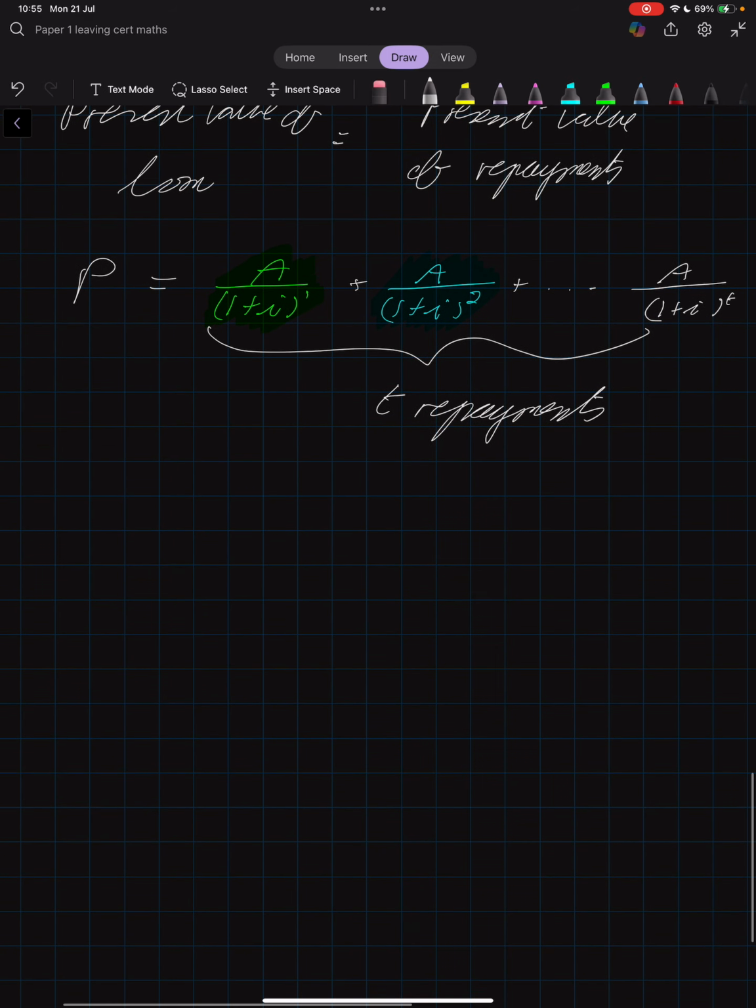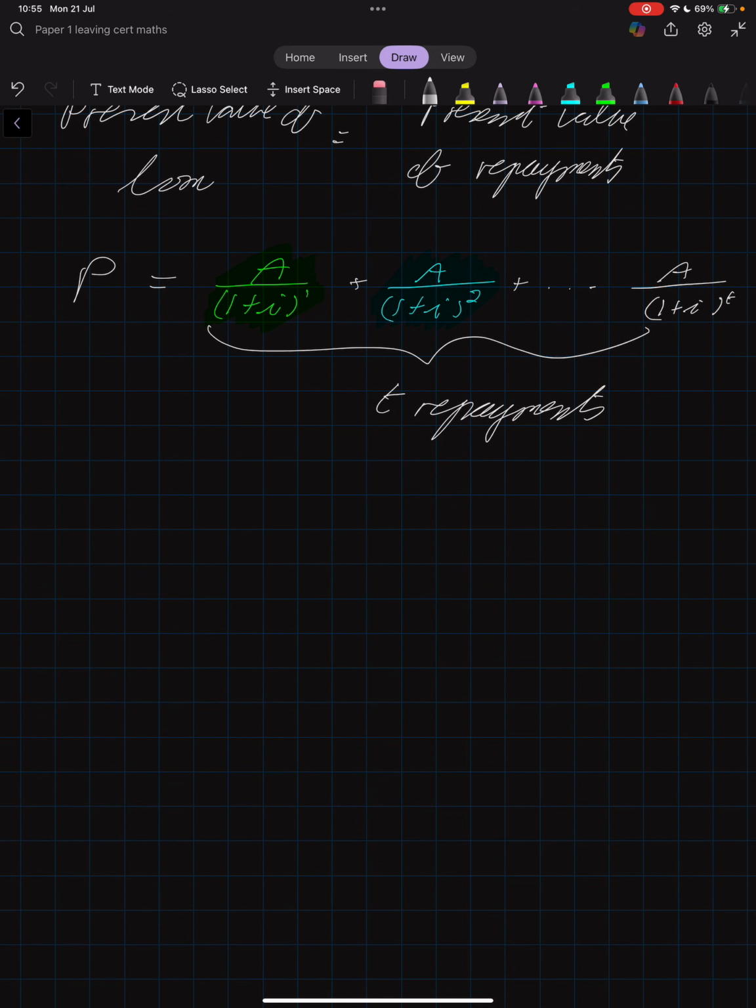So now what I want to do is add up all these. Now, for some of you that may have watched my video on geometric series, this is just a geometric series. Okay, so Sn, this is the summation for the nth terms. So in this case, that's S of t, because there's t of them. Okay, this is equal to,